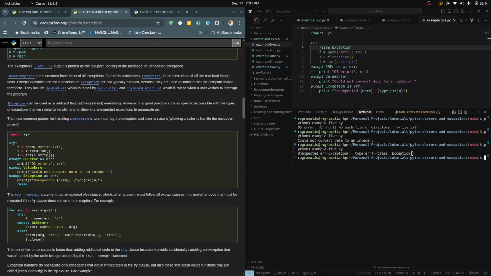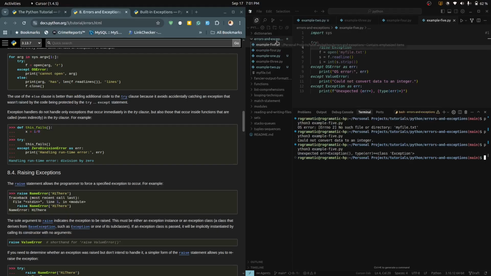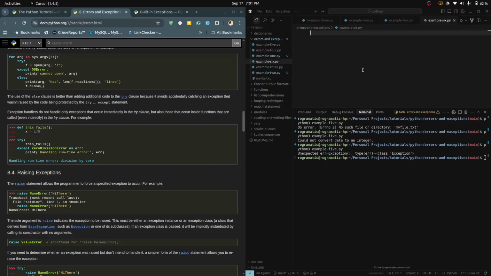The try except statement has an optional else clause, which when present must follow all except clauses. It is useful for code that must be executed if the try clause does not raise an exception. For example, let's create another exception file here. Is example 6.py, and in here we're saying for arg in